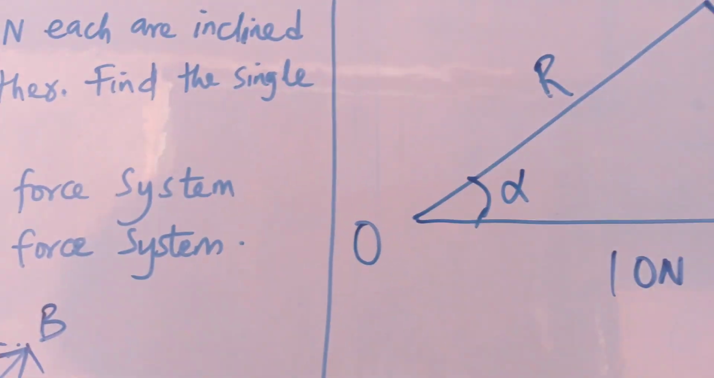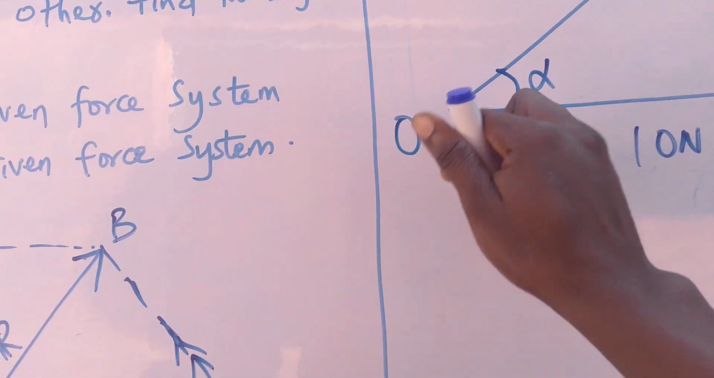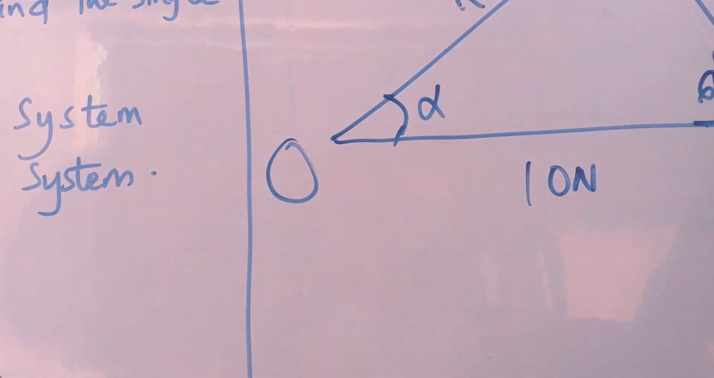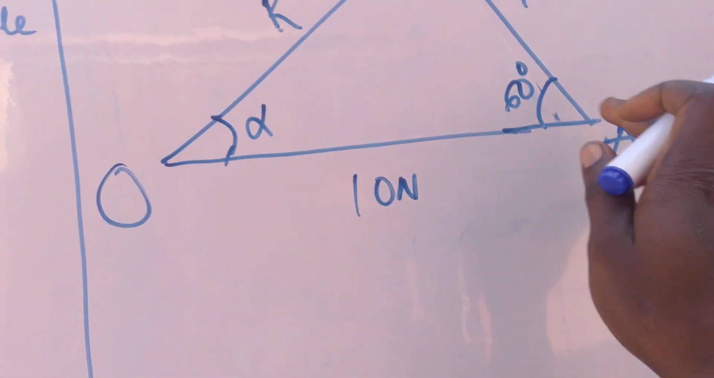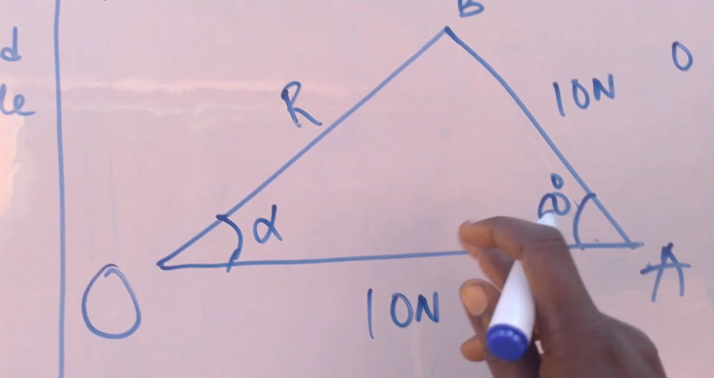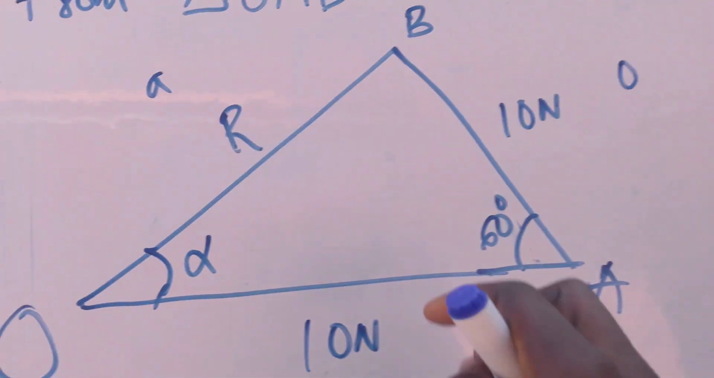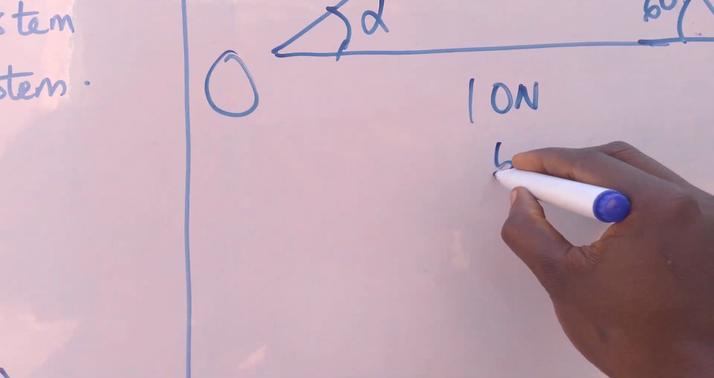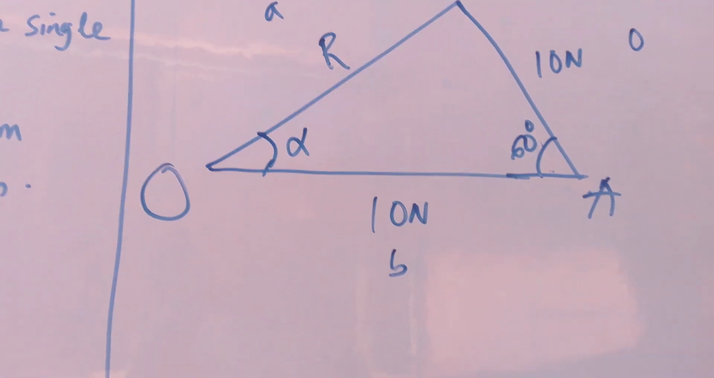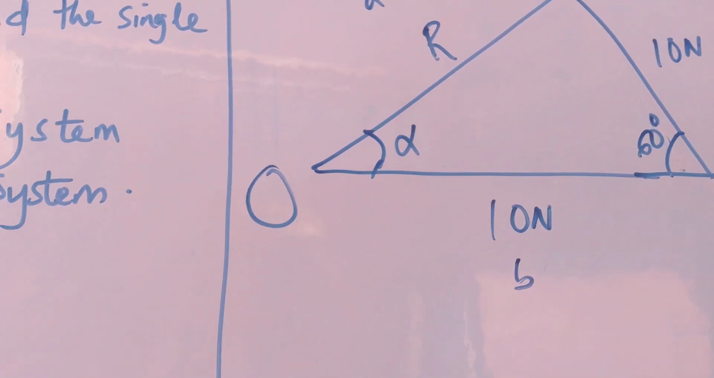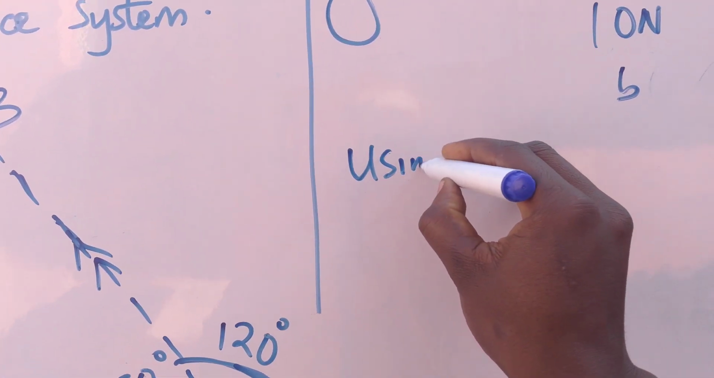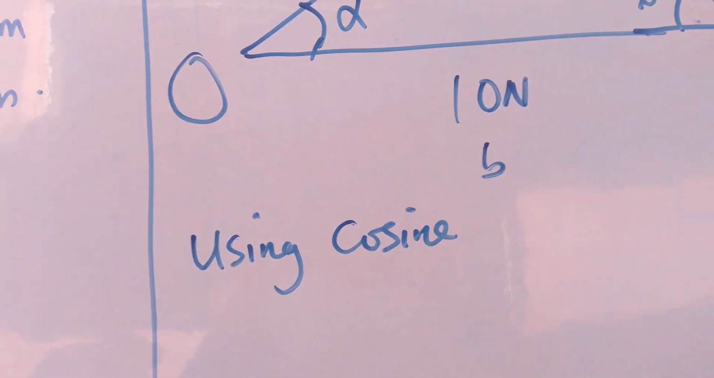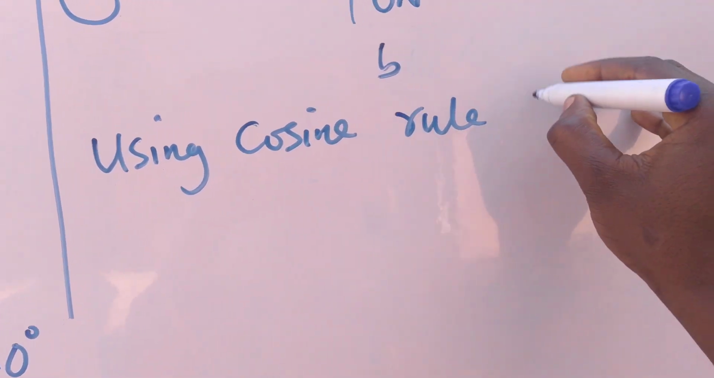I'll find the resultant. Now, if this is capital O, the side that faces this angle is small o. This is capital A; the side facing the angle at A is small a. Capital B, the side facing it, will be small b. So I will use my cosine rule to obtain